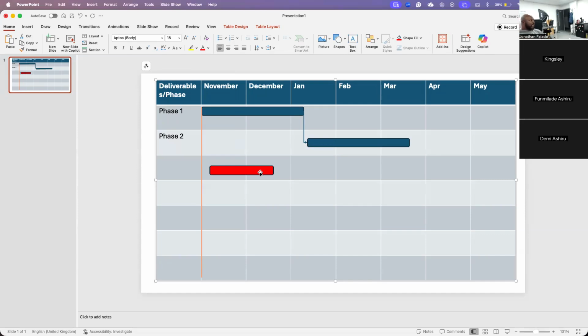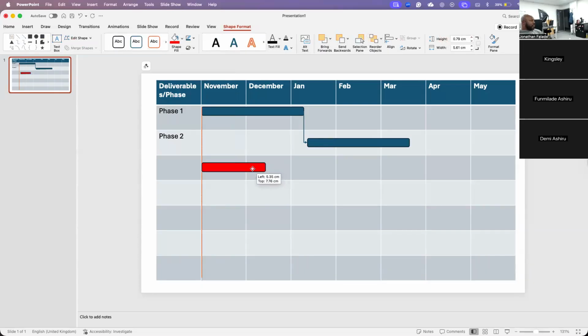Now, one thing I can do as well with all of this is I could use a gradient effect to show the status of the activity, i.e., how much of it has been completed. So instead of just sticking to blue for everything, I could say if I wanted to show that this activity from up until December has been good, it's been green, because it's been getting done.